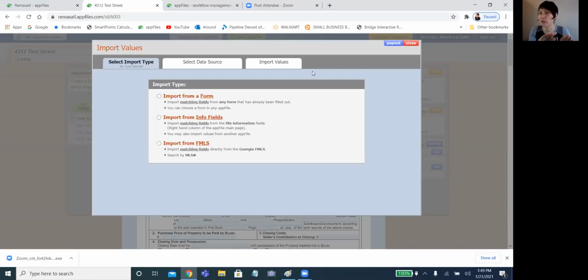Let's say it's a similar form that you have, whether it's in this app file or another app file. It doesn't even have to be from the same file, which is extremely handy, especially if you, for instance, wrote an offer for someone and it fell through. Maybe it didn't quite work and you're now getting ready to write another offer. You could browse to that other app file, pull in their information, and have it in this form. You can import from